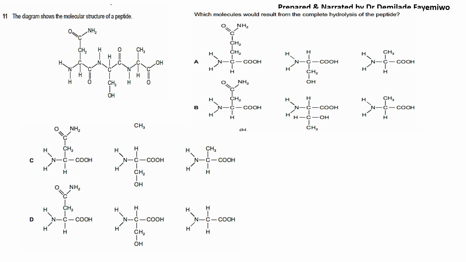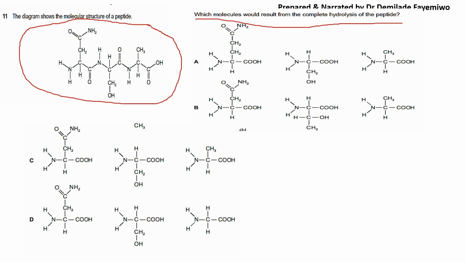So a peptide is the polymer structure, or the polymer form of a protein. So that's our peptide here. And it says which molecules would result from the complete hydrolysis of the peptide. So if we were to add water to this peptide and break down the structure, what are the proteins or the amino acids that we would get in